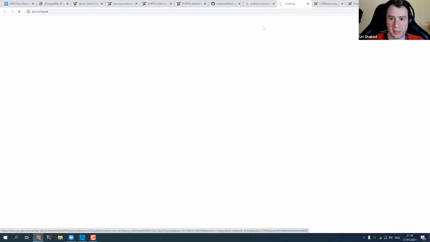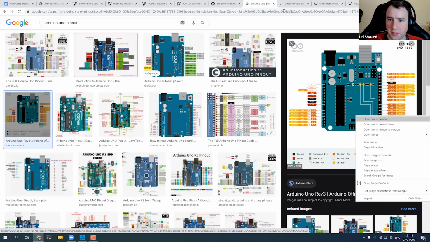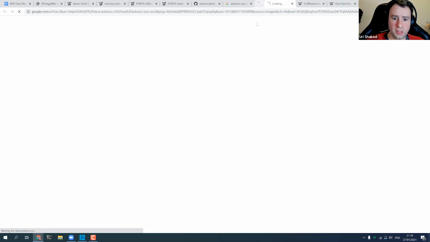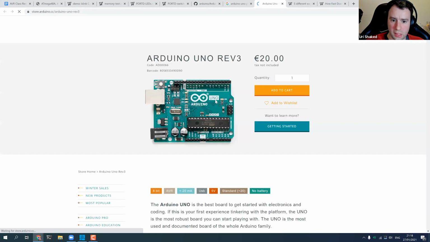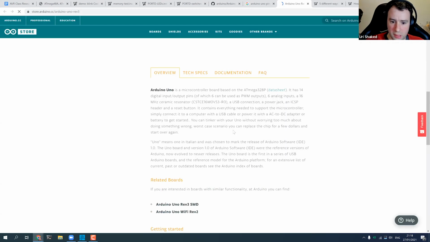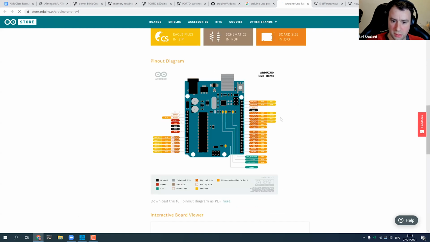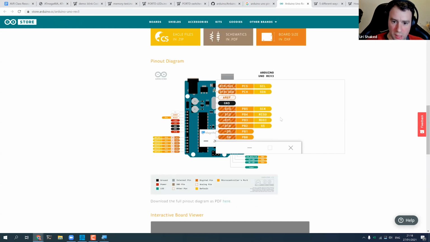So you can find a bunch of images that show you the pins. Usually you get used to it really quick.